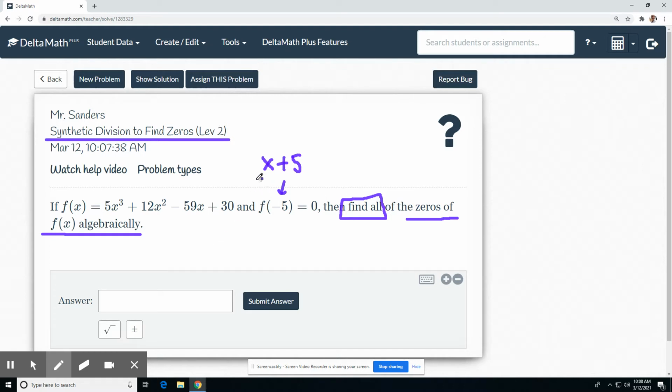So we're going to use that fact to divide this polynomial by x plus 5, and then we'll look at what's remaining and deal with it using factoring or the quadratic formula. All right, so they want us to use synthetic division in here, so let's go ahead and do that. So we would say x plus 5, and it's dividing into